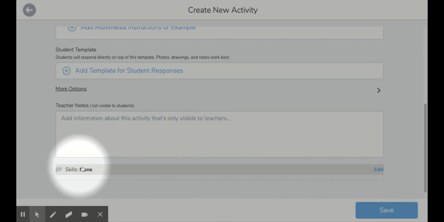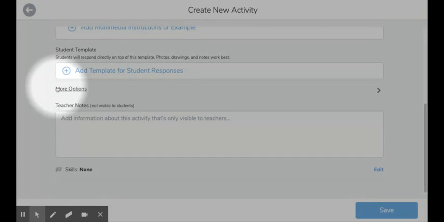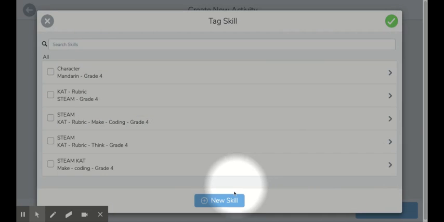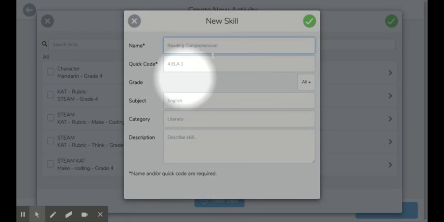But down the bottom here, you'll see our skills. So that's under the more options, and you want to go skills. In this case, we haven't set that up yet. So what we want to do is press edit. We want to go to new skill, and we want to label it. So let's call this reading